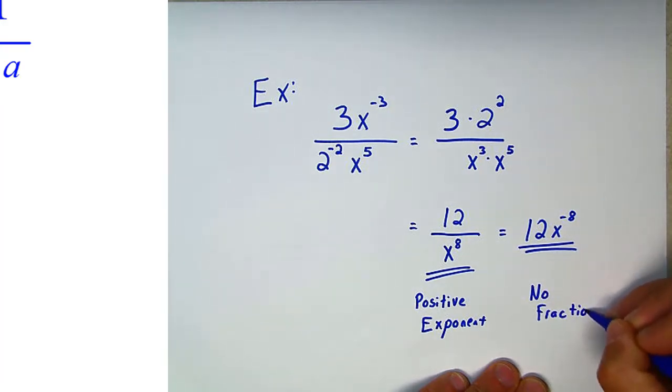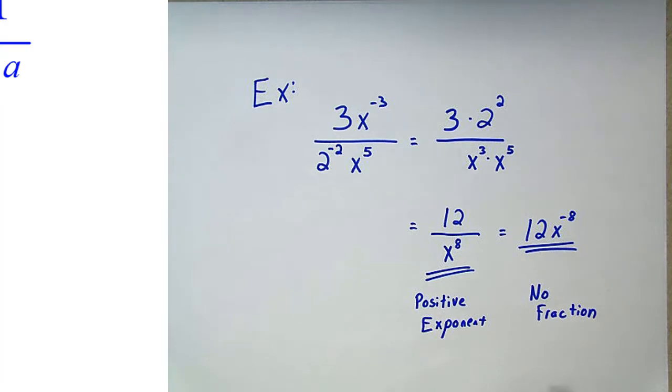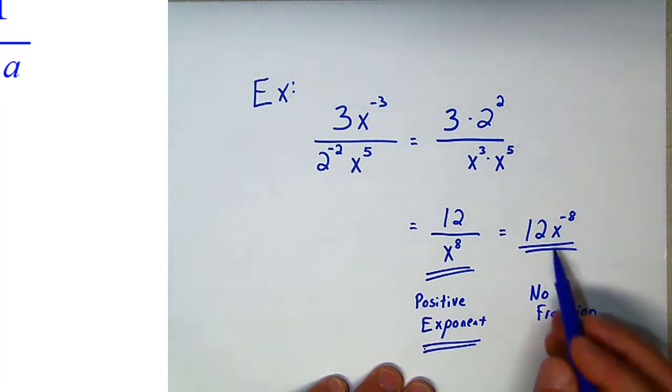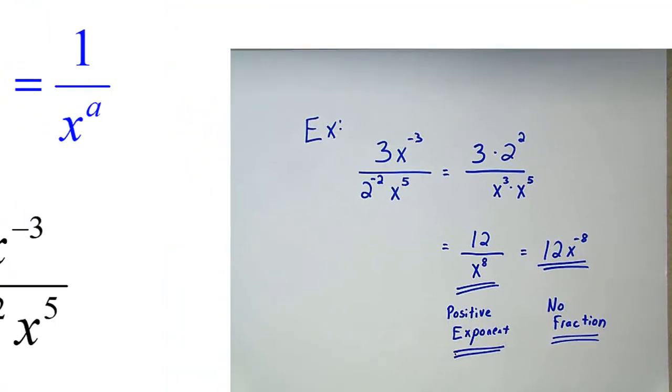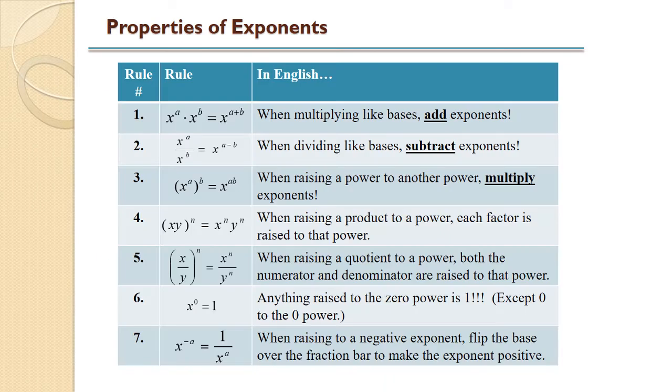So when you go to simplify, you'll always be asked to either simplify so that all exponents are positive, or you'll be asked to simplify so that we have no fractions in our answer. And there's always one possibility for each. Okay, so those are our 7 exponential properties. These would be handy for you to write down in your notes and to study. We'll be using these on a regular basis, especially in just a bit here when we start our work with